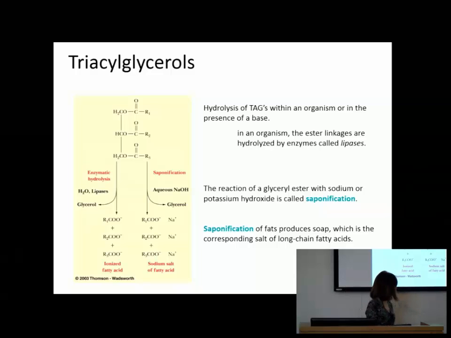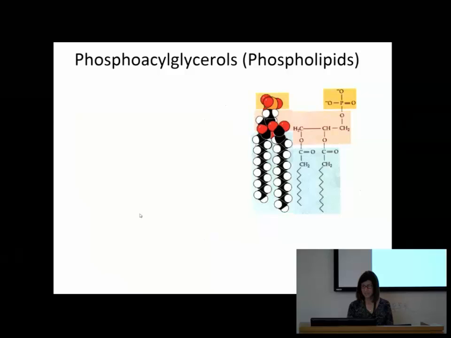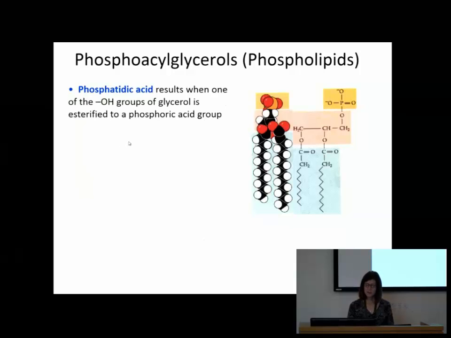All right, so here's two pictures of a phospholipid. So what we're doing with a phospholipid is we're taking away one of the fatty acids, and we're putting a phosphate group on it. It's called a phosphatidic acid, but I'm going to call it a phospholipid. There's too many different names: phosphoacylglycerols, phospholipids, or phosphatidic acid. Those are three ways to say the same thing. So this cartoon and this structure are the same thing.